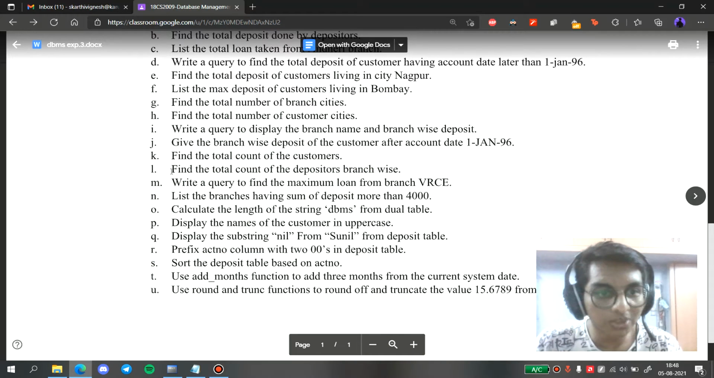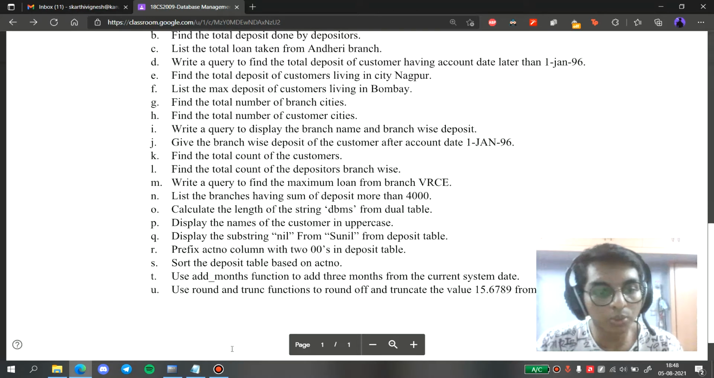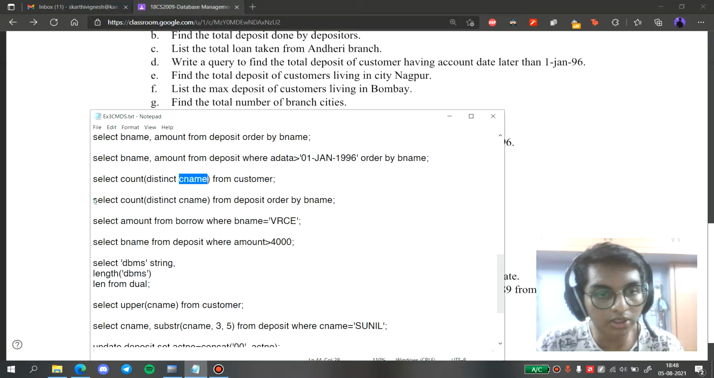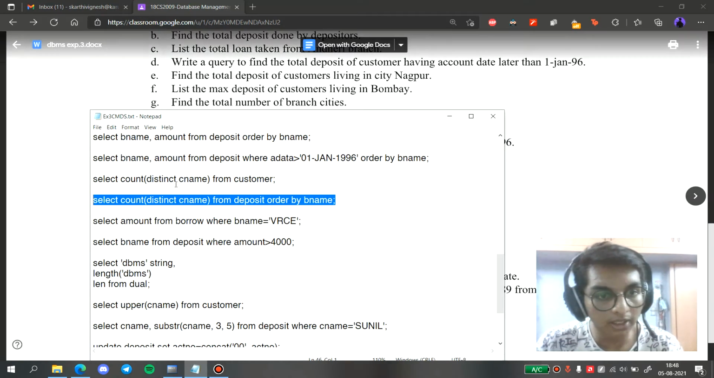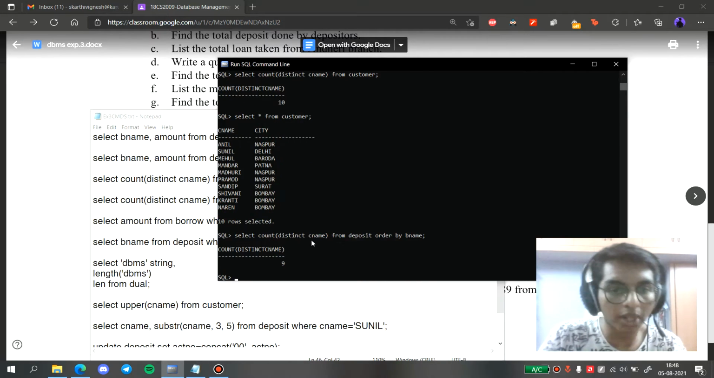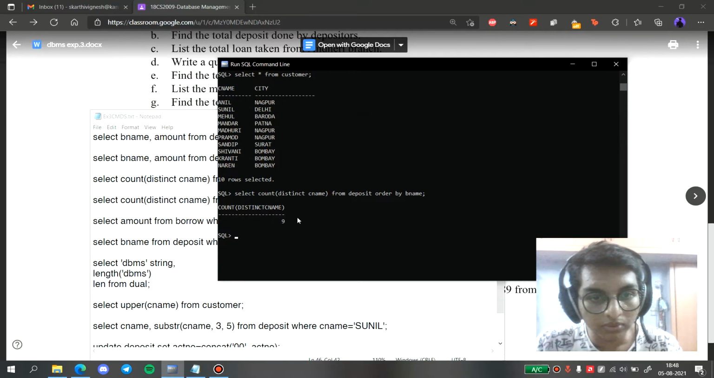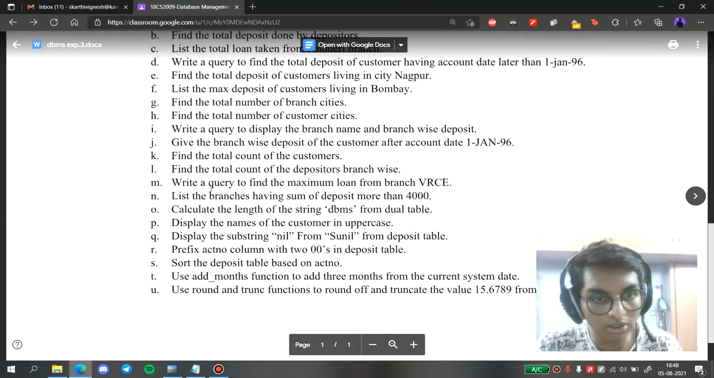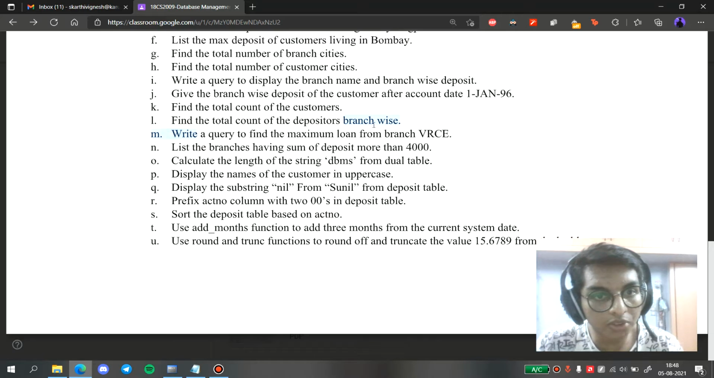So next question is to find the total count of the depositors branch wise. We have to find the branch wise count of depositors. So we're gonna execute this command, and we're gonna order it by branch name, like the same command, but in the deposit table, and we order it by the branch name. And yeah, there are 9 distinct depositors there. And moving on, the next question is to write a query to find the maximum loan from the branch